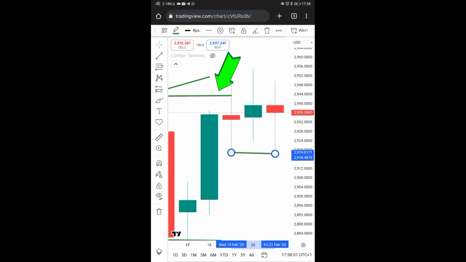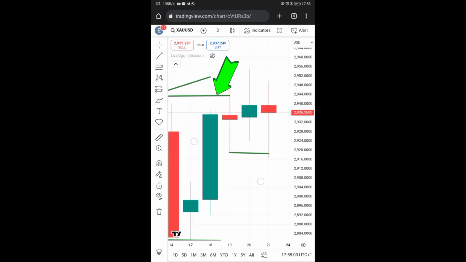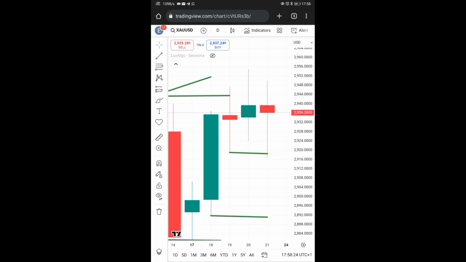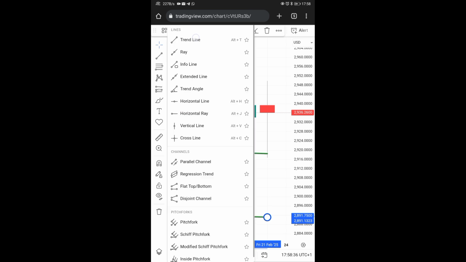So as it grabbed the high, for us to take a trade on this candle, we have to take our trade and we are to target the previous day low, which is this very one. For this tutorial to complete, we are to target the previous day low of this candle. So after we marked the high of the candle and the market was able to liquidate this very high,